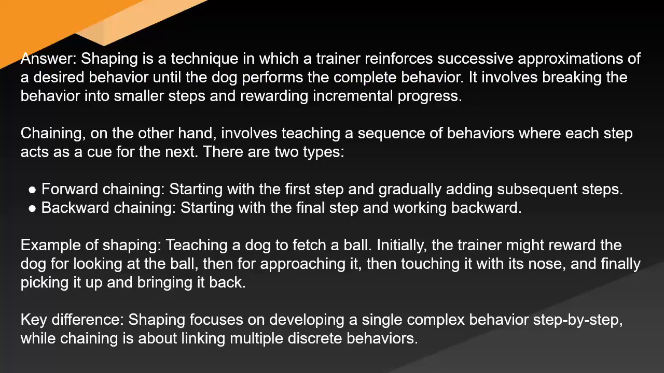Backward chaining, starting with the final step and working backward. Example of shaping: teaching a dog to fetch a ball. Initially, the trainer might reward the dog for looking at the ball, then for approaching it, then touching it with its nose, and finally picking it up and bringing it back. Key difference: shaping focuses on developing a single complex behavior step by step, while chaining is about linking multiple discrete